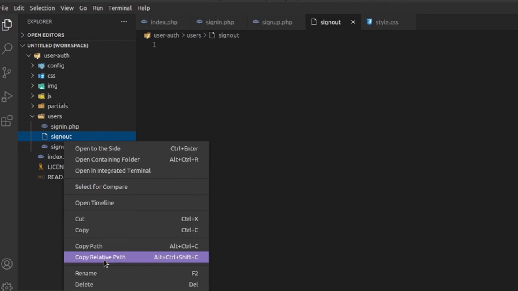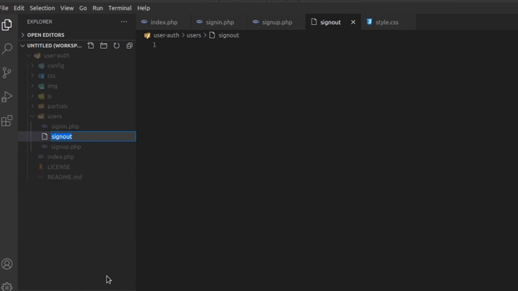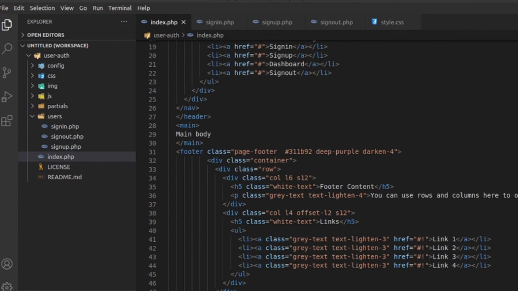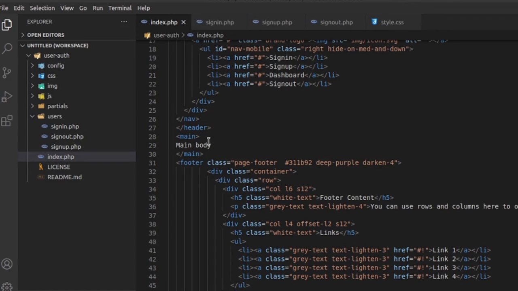This should be the extension of php. Okay, now in index.php, inside this main tag we are going to write our form. We are going to make our sign up form. Later on we are going to move it to another file. Okay, so let's make a form.